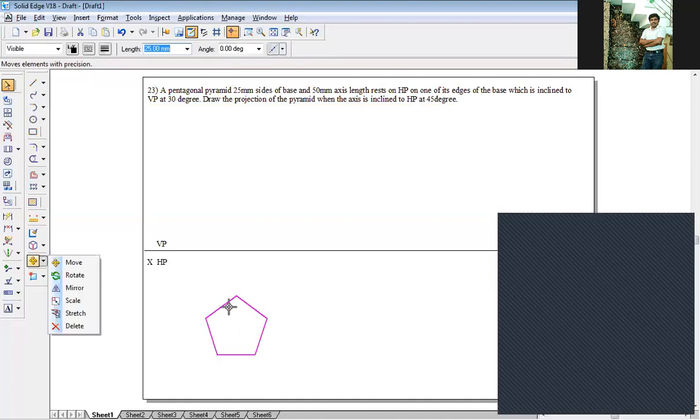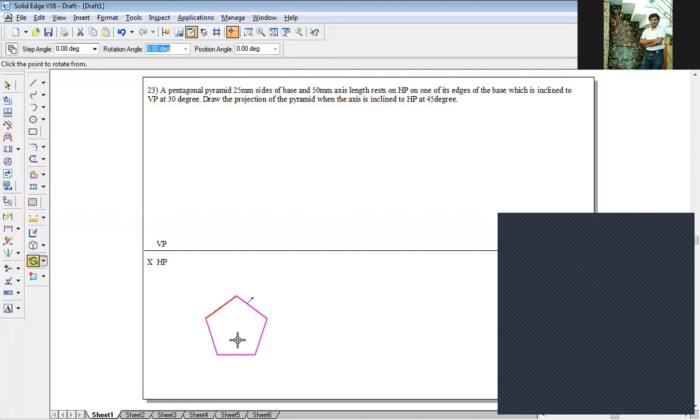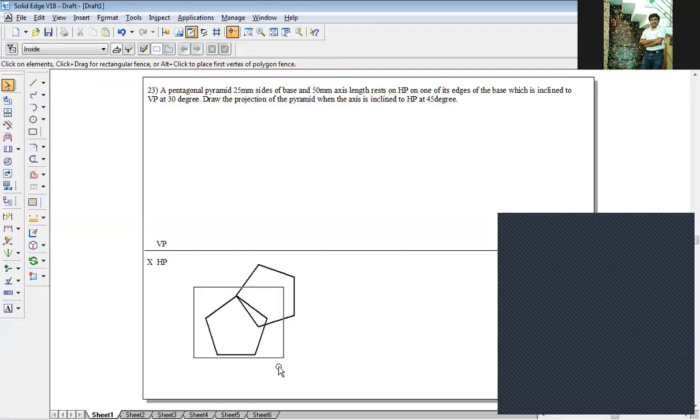Select the entire thing. Go to rotate command. Top tip as first click, bottom edge midpoint as second click, edge to be done on the right side. Sorry, I have to switch on the copy option. So yeah, that's all. This is basically an edge condition, what I have tried to get.